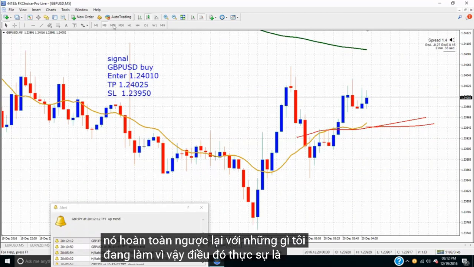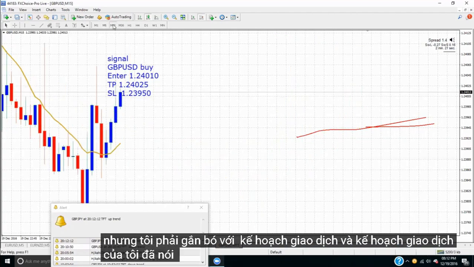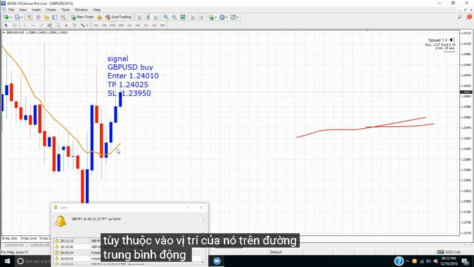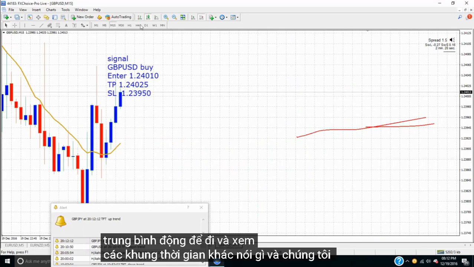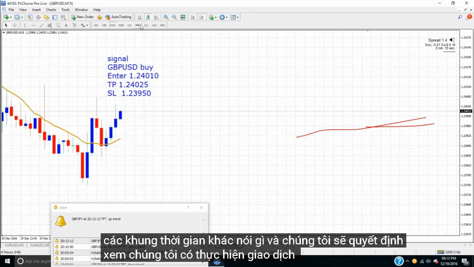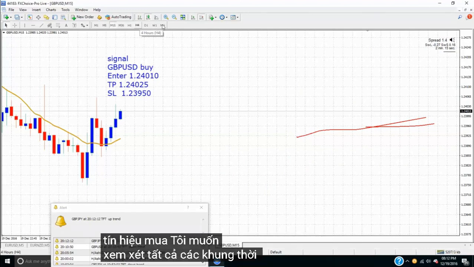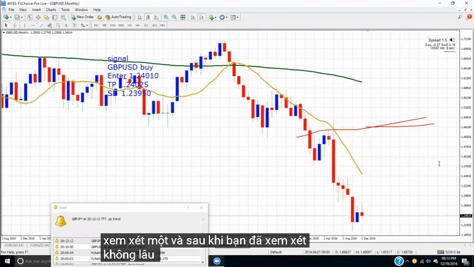So that was really, you know, but I had to stick with my trade plan. And my trade plan said, depending on where it's at on the moving average, to go and look and see what the other time frames say. And we'll decide on whether or not we do the trade or not. So if you get a buy signal, I like to take a look at all the time frames. I don't just look at one,